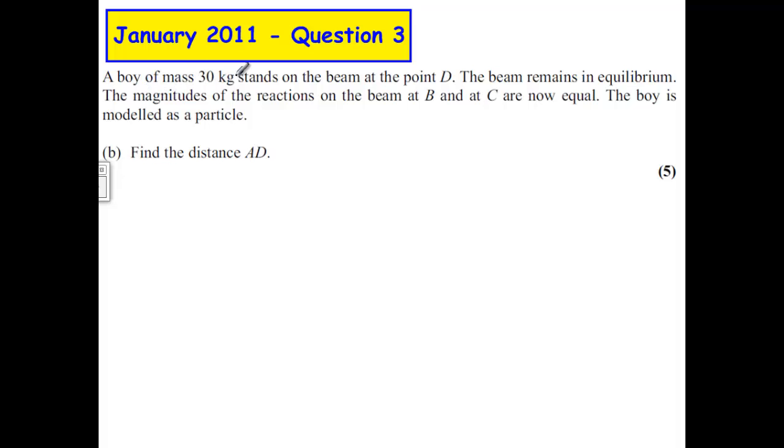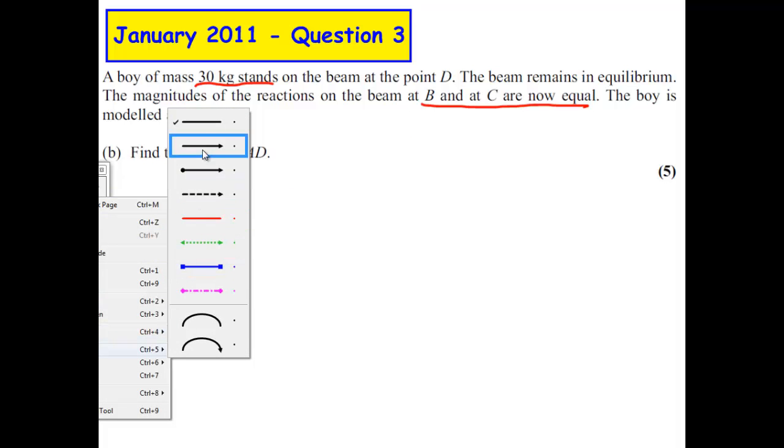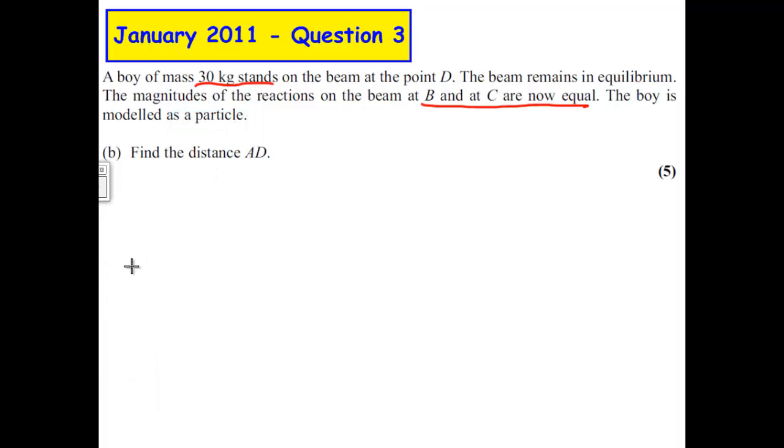And it says, a boy of mass 30 kilograms stands on the beam at the point D. The beam remains in equilibrium, and the magnitudes of the reactions at B and C are now equal. So because the situation has changed, I'm going to draw a whole new diagram from scratch. And I think this would be a very good idea, because it makes it easier for you